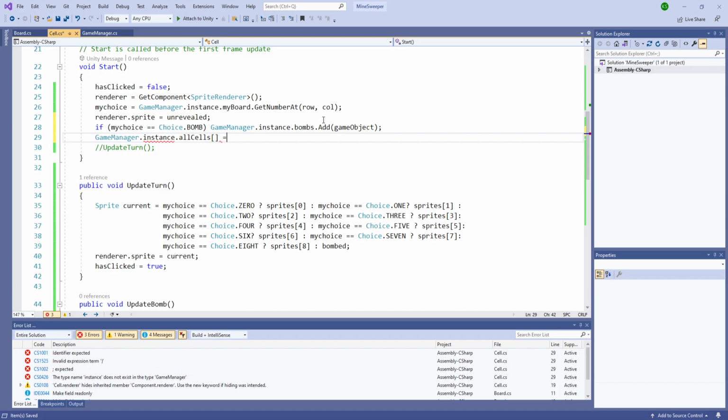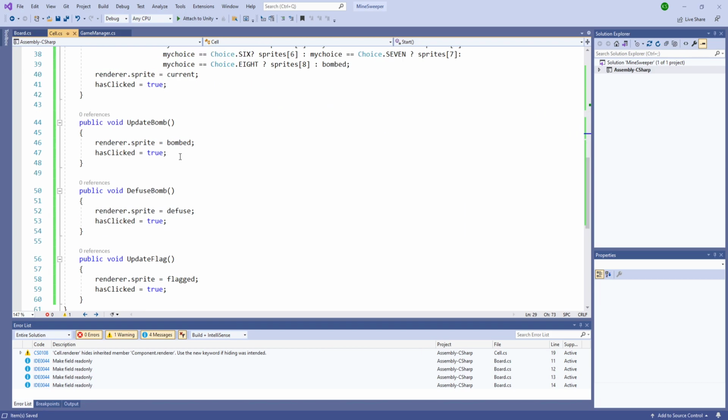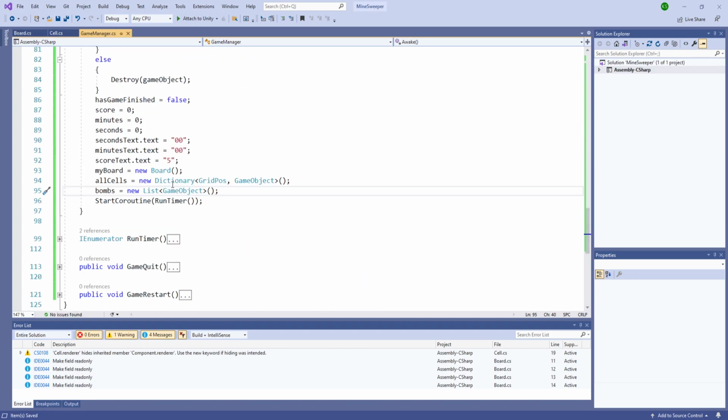All cells is an object. Grid position is going to be a new grid pose, row is going to be row, column is going to be the column, and the cell is completed. Now inside the game manager,